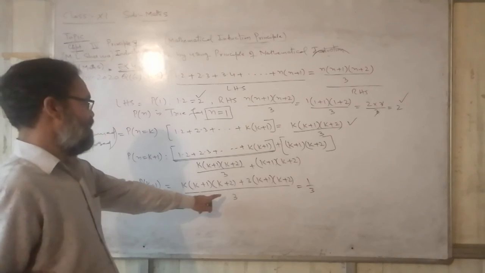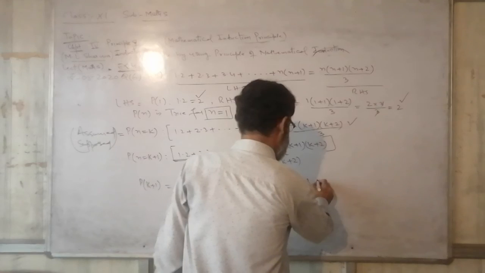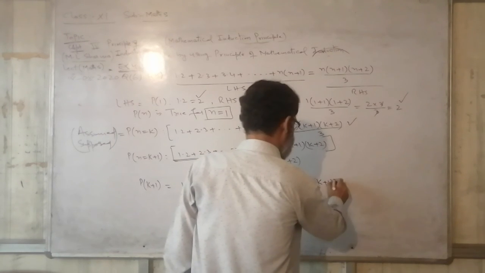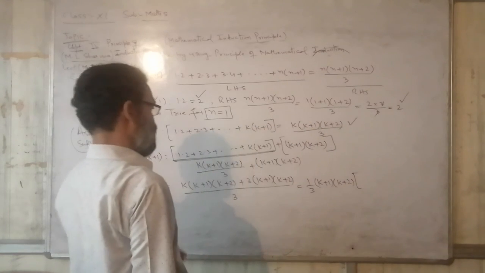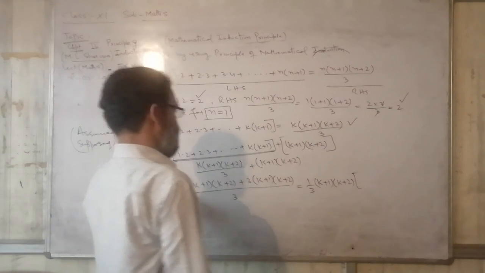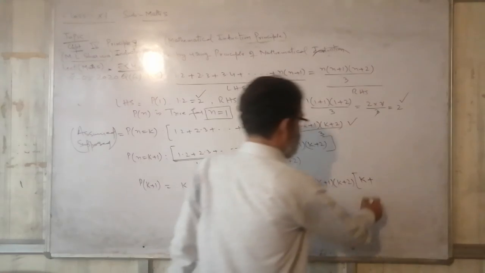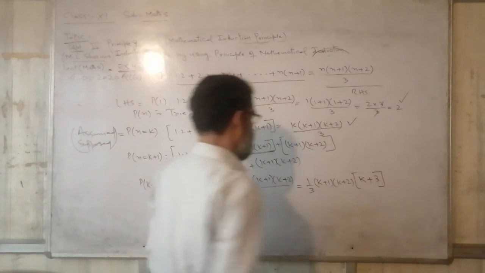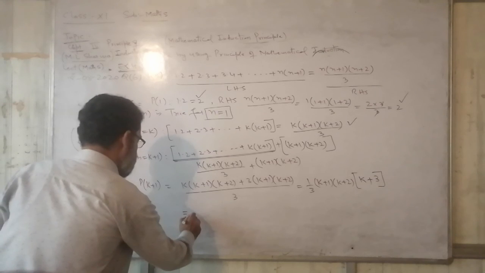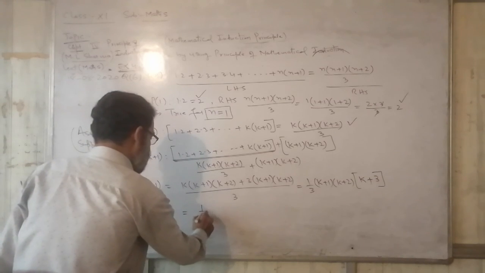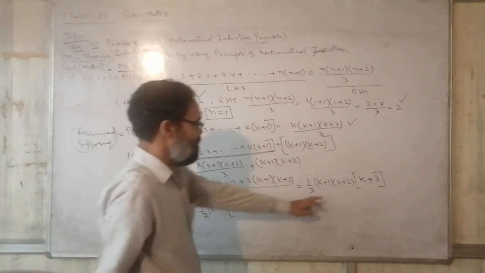K plus 1, k plus 2, they are common factors, so they can be written outside, and inside the bracket I have left only k here and 3 here. So this can further be simplified. 1 upon 3, k plus 1. This can be